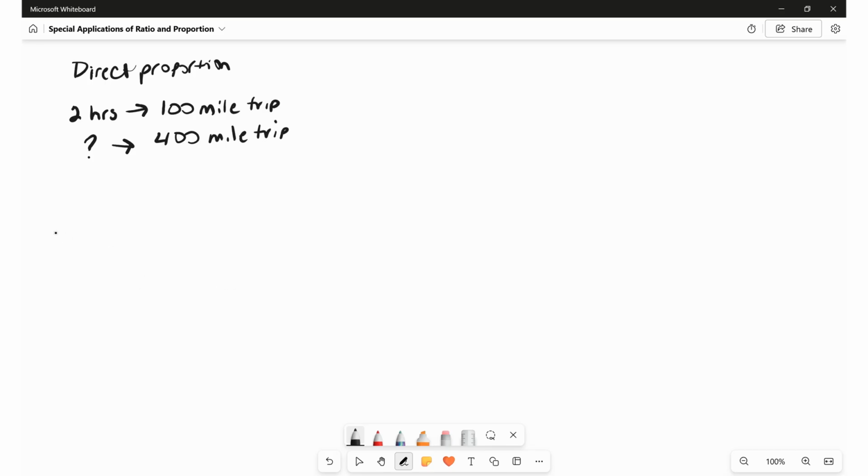So you can see this is clearly a direct proportion. Longer mileage, it's going to take us longer to get there, right? So if it takes us 2 hours to go 100 miles, how long does it take to go 400 miles? Well, that gives us our proportion. And if we travel the same speed that it took us to do the 100-mile trip, that means that to make the